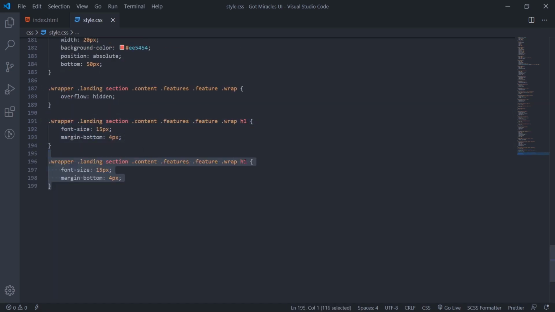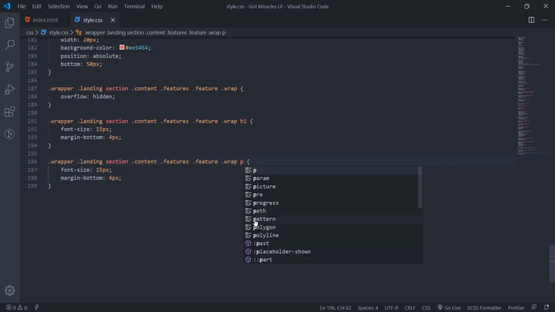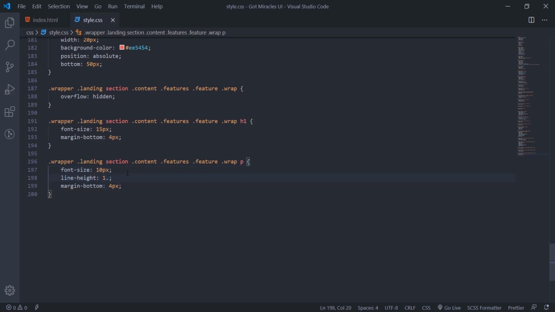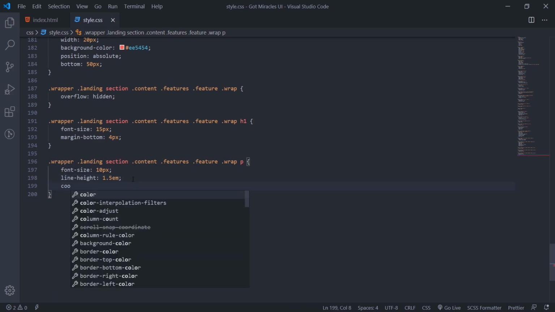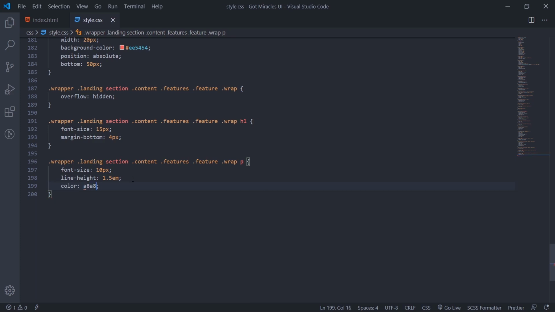I'll just duplicate this one, then we'll target the paragraph. We'll set font size to 10 pixels and line height could be 1.5em, while the color will be an ash color.